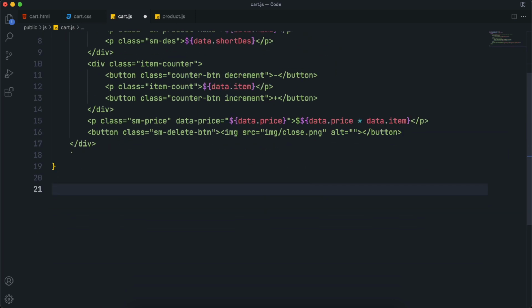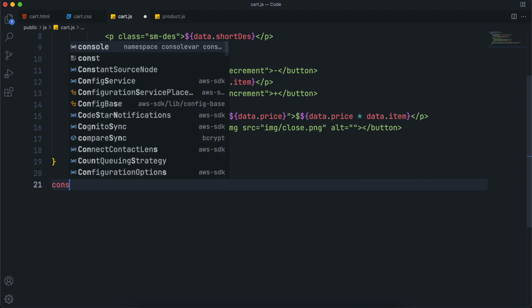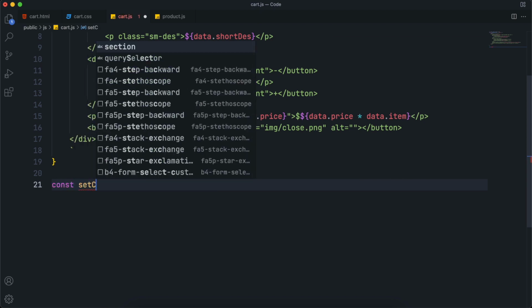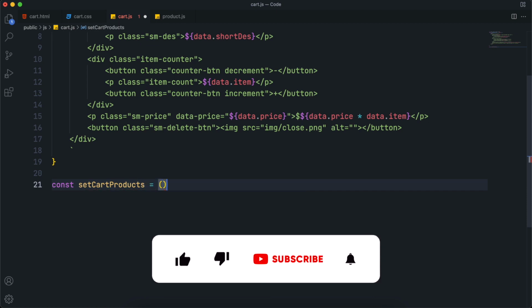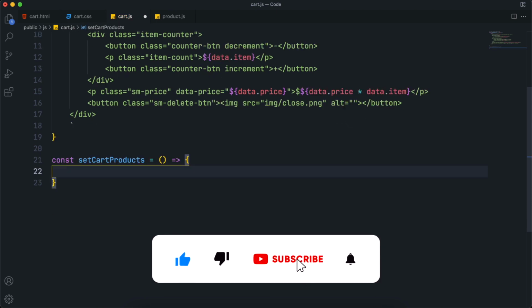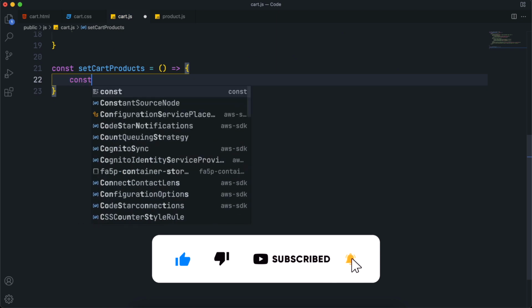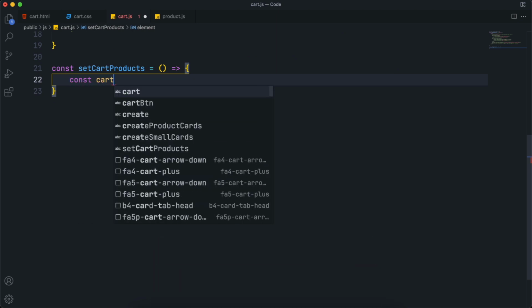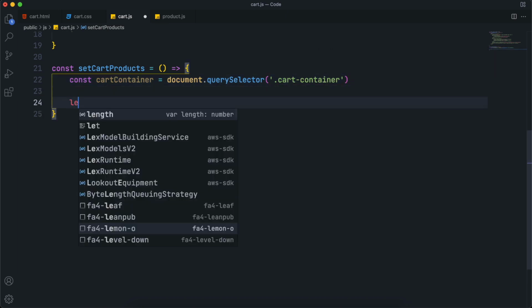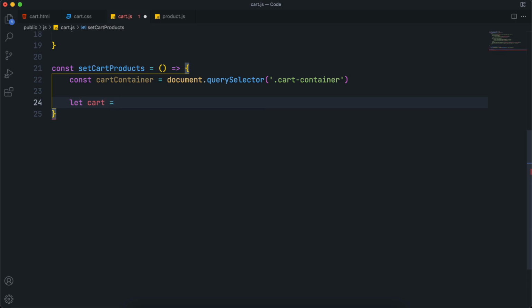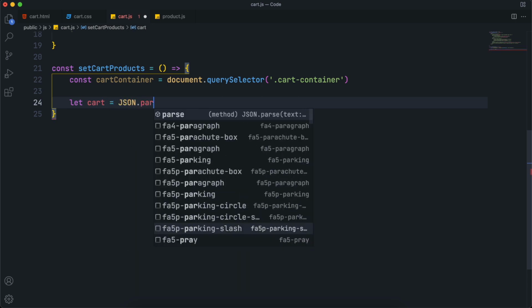So this function will create the card, but of course we need something which calls that function. So for that, make another function and let's call it set card products. This will set the card products. So inside this, the first thing we want is the card container element. So select it using document.querySelector. Pass the card container class inside it, and once we got the card container, define a card variable and store